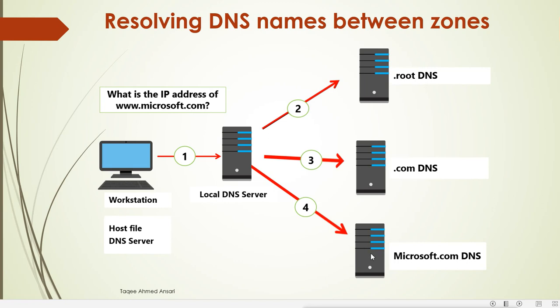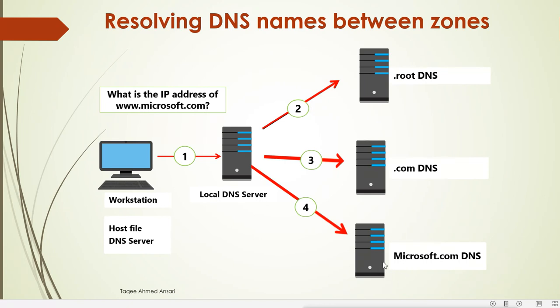Now this DNS server will check the records of its zone files, forward lookup zone or reverse lookup zone, and then it will check the name of the machine. Here the domain name is fixed, like Microsoft.com. Then it will check the www. Now www is mostly a machine name, mostly an alias for the real name. So it will see what this www is. Mostly it is an alias, that means another name of another machine. So it will check whether the name www is there on this DNS server or not, and try to see whether the record is there.